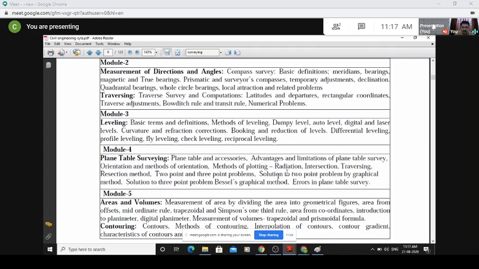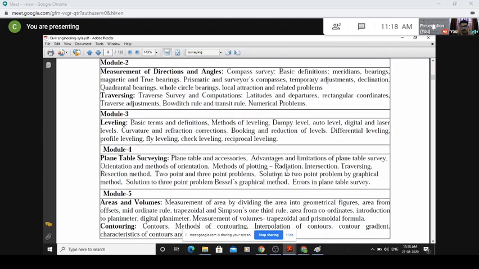For an example, as I have told you, a ground will not have a proper slope, or be properly horizontal. When you know that the ground is not horizontal, when it is inclined, you should know what the inclination is. You should know if there are 2 points on the ground, how much one point is higher than the other, or how much one point is lower than the other. Such a thing you are going to learn here, which is called leveling. So a relative difference between the ground points is being checked.